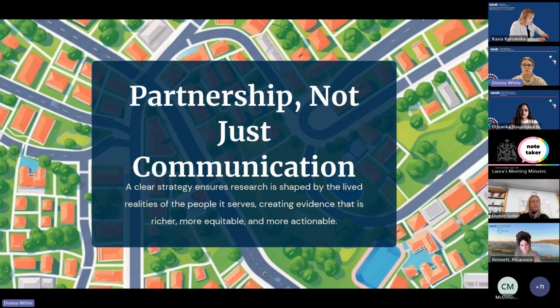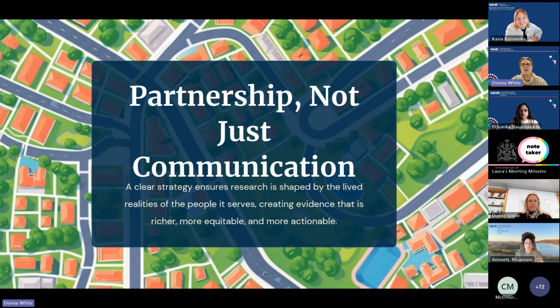Having a clear PIE strategy makes this possible. It ensures that engagement is not an afterthought, but a foundational element of how we design research, generate knowledge, and improve the outcomes for our local residents. With that context in mind, I'd now like to introduce how this can be done, and I'm pleased to welcome